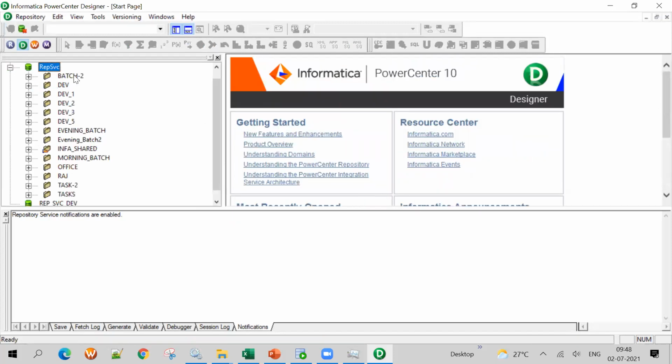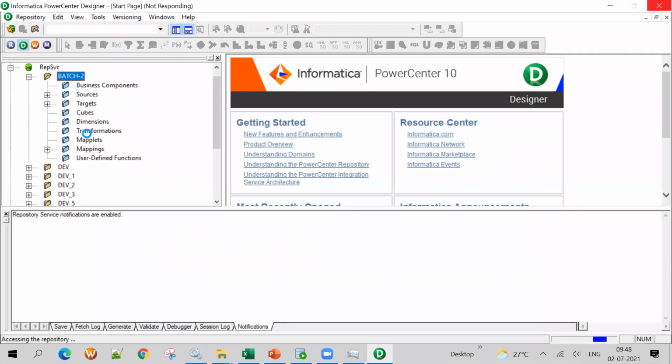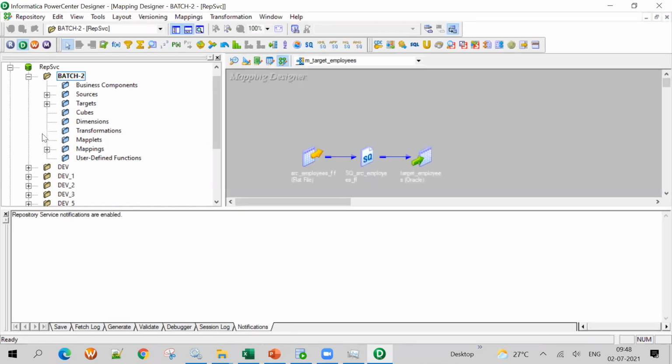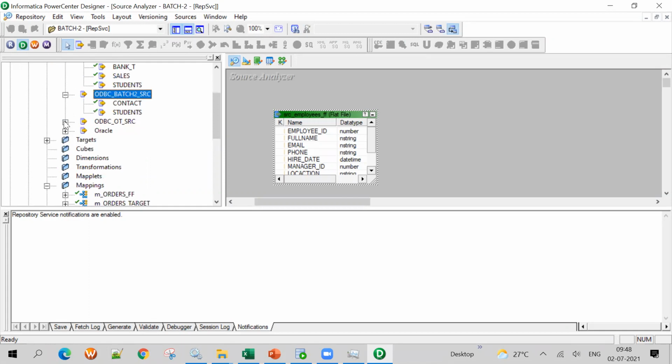Okay, I'm batch 2. I'm opening. Okay, now first what we need to do is import the source. You check whether the source locations is present or not.